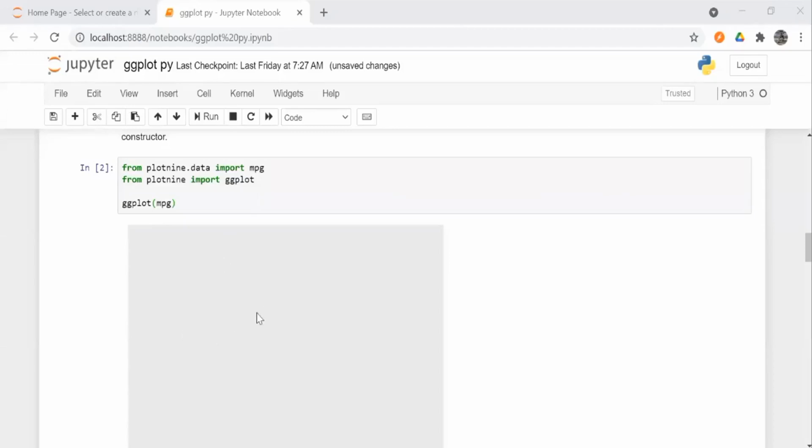There's a blank plot. This blank plot is because we have not used aesthetics and geometric objects.